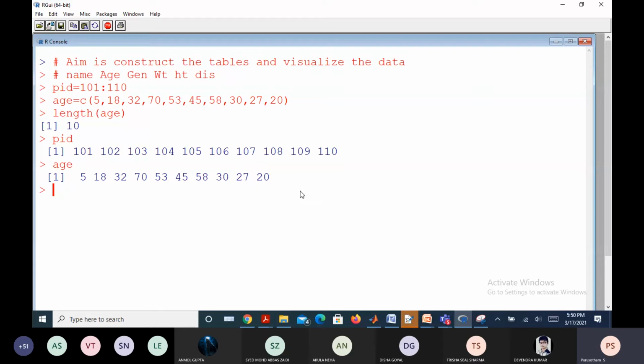Suppose you want a different step length. You want to generate a sequence with a different step length. Then what we can do is use seq, something like 10, 20, with 2 units of step length. A sequence of points is generated with a step length of 2 units. Suppose you want a sequence of points between 10 and 20, something like 100 points. How do you find 100 points between 10 and 20?